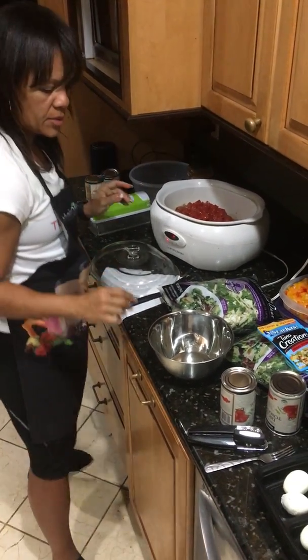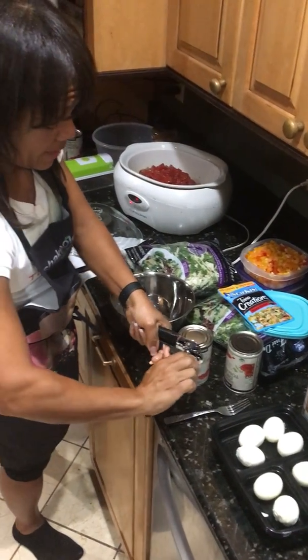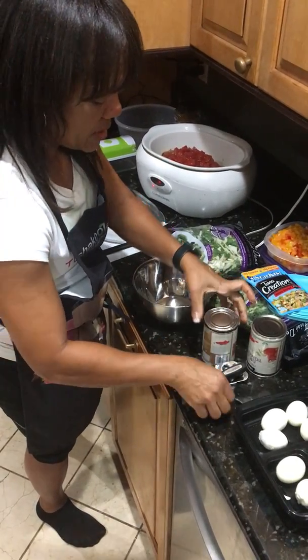So that's 2 cans. I'll do 1 more can. So for my family of 6, I have to make a double batch. The recipe that I do is just a single batch, but